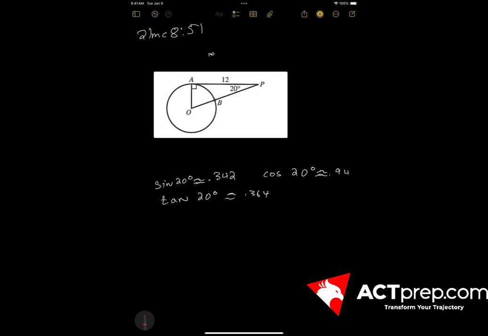So what they are asking us for is to find the length of BP. And almost certainly the way that we're going to find BP is we're going to find the length of OP and subtract out OB. Thankfully, OB is the same length as AO. And therefore, we can find AO because we can use the SOHCAHTOA proportions that they have given us to be